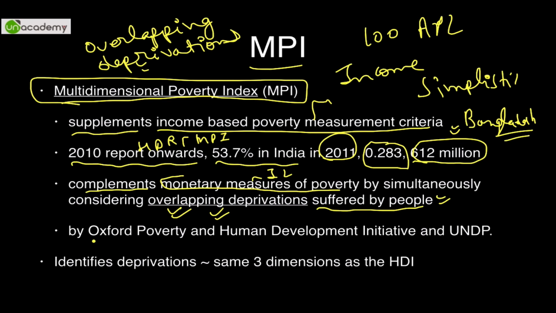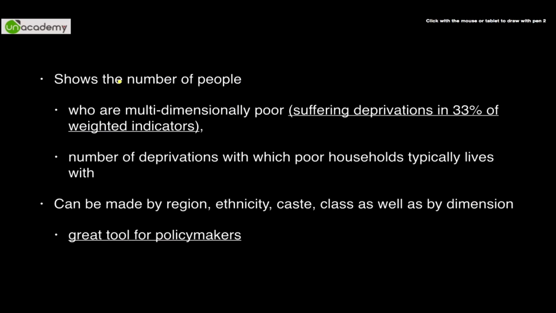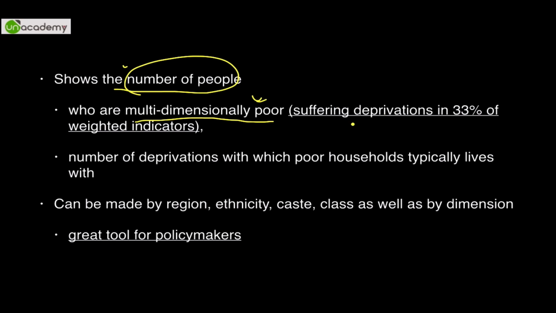Now, Oxford Poverty and Human Development Initiative, also called OPHI, is the body which calculates it along with the United Nations Development Programme, UNDP. It identifies deprivations in the same three dimensions as the HDI, but the indicators are much more. It shows the number of people who are multidimensionally poor, that is who are suffering deprivations in 33%